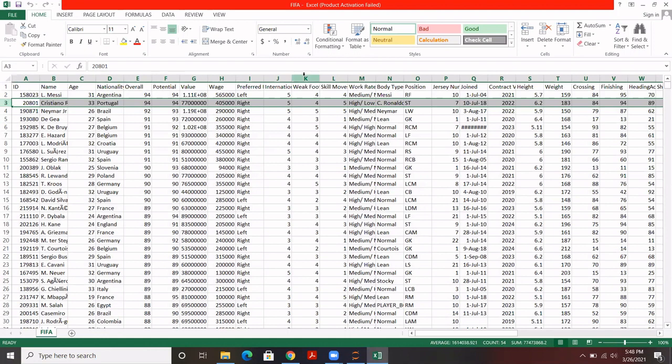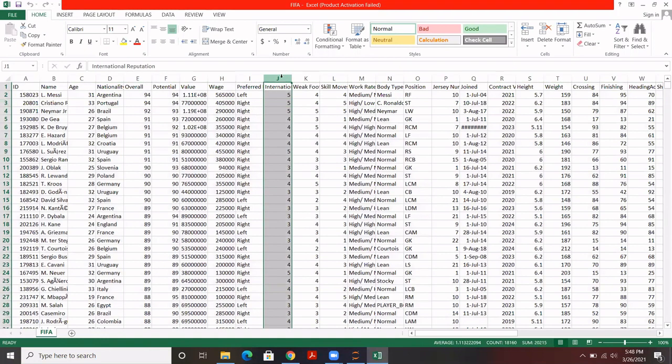Or if you extract something from here, that is also one dimensional. One dimensional in Pandas is called a series. Series is like a one dimensional array. And when we talk about the entire table, the name we use in Pandas is the data frame. So a data frame is a combination of multiple series.